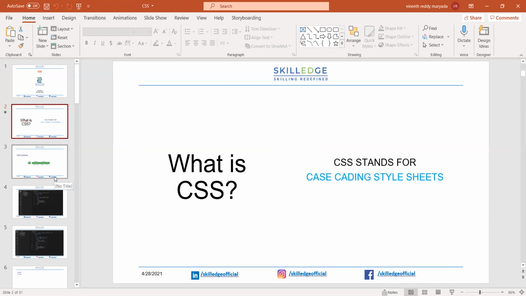Using CSS, we can describe how HTML elements are going to be displayed on the screen. We can define the styles of web pages, including the design, layout, and everything, and even the variations displayed based on different screen sizes.